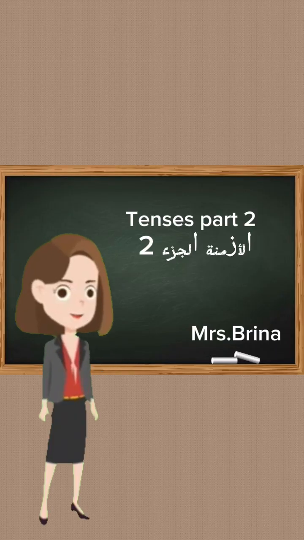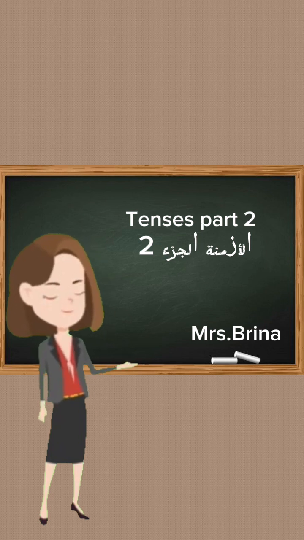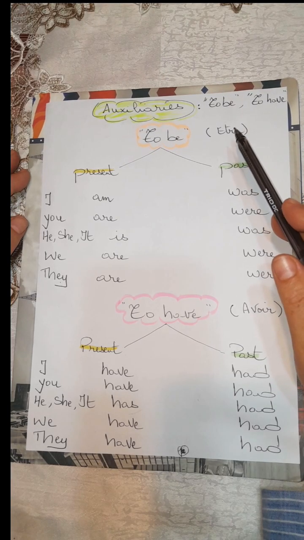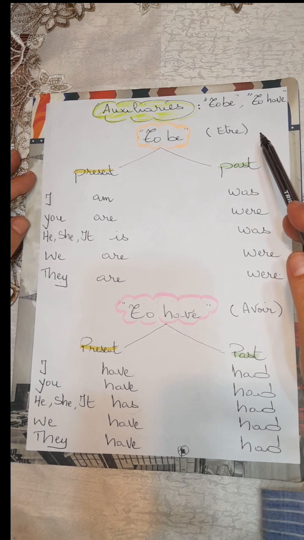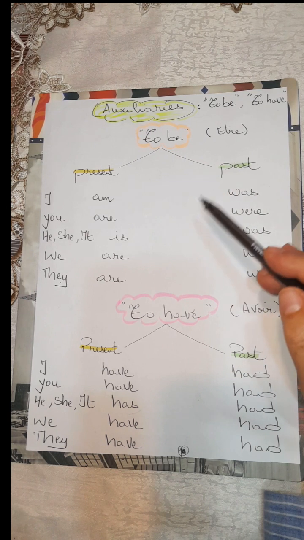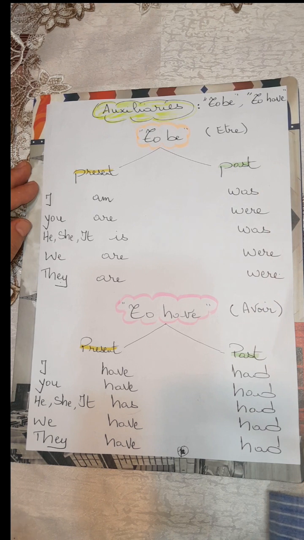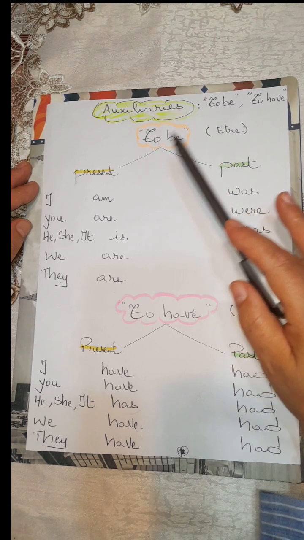Again. In today's video, we continue our review of tenses and we will discover other tenses like the present continuous, the past continuous, the present perfect, and the past perfect. Let's start. Before we start dealing with the advanced tenses, you should know that these four tenses are used with auxiliaries to be or